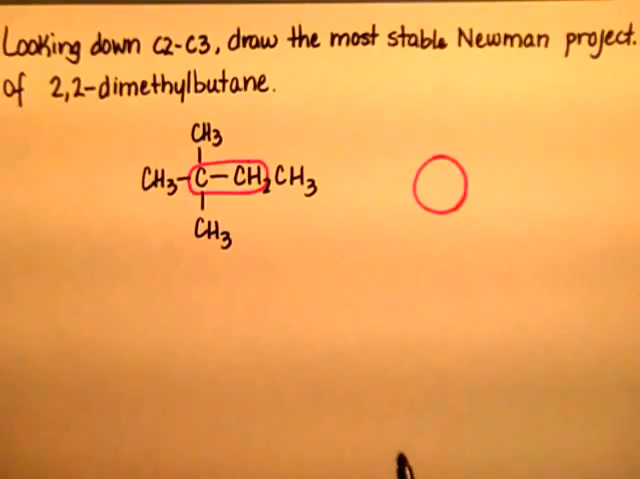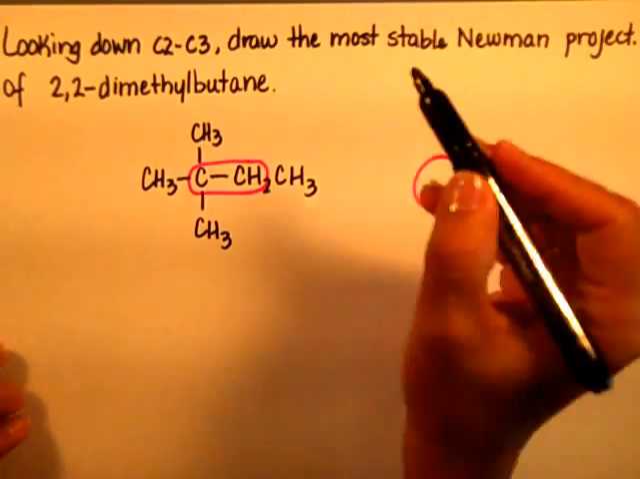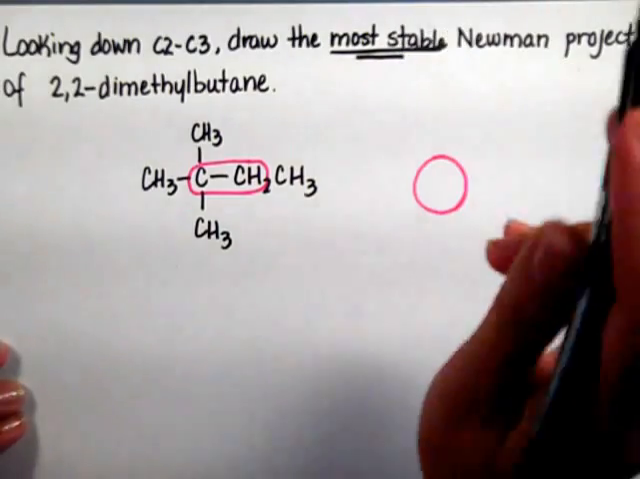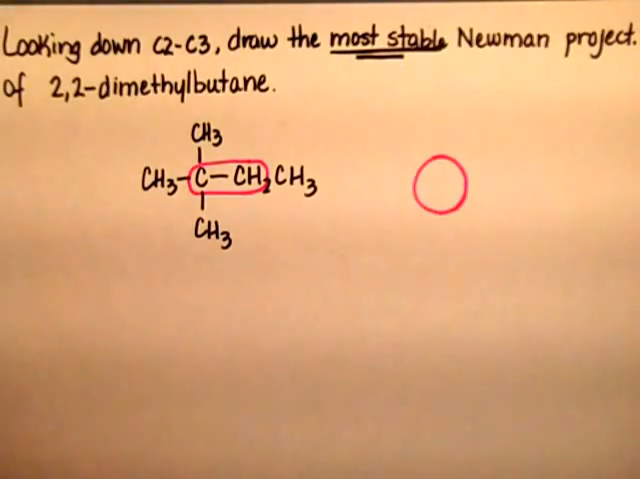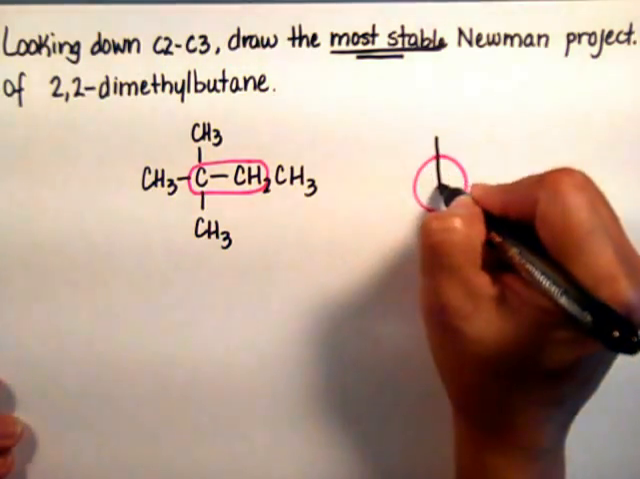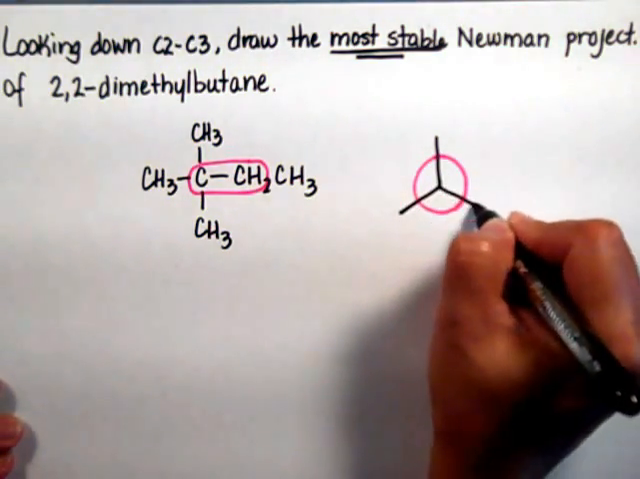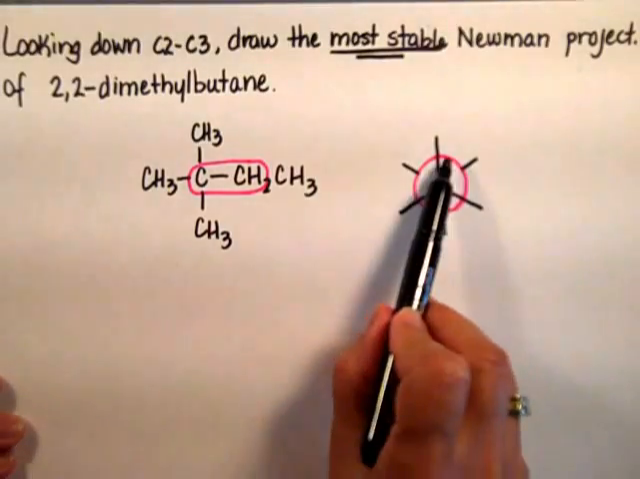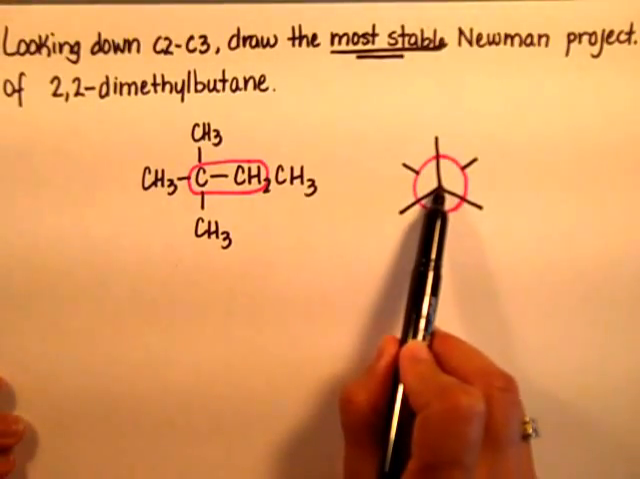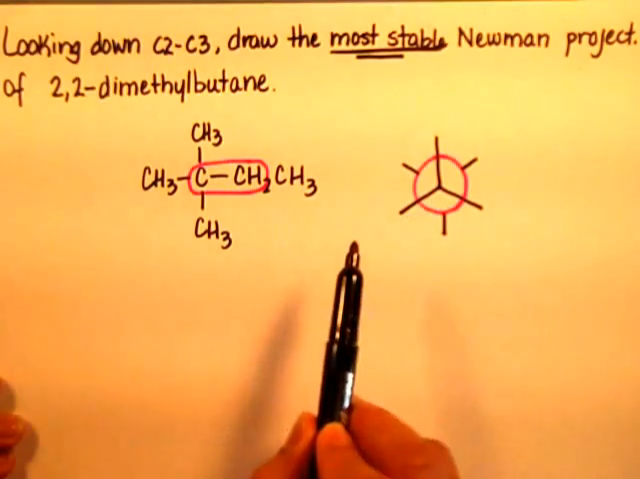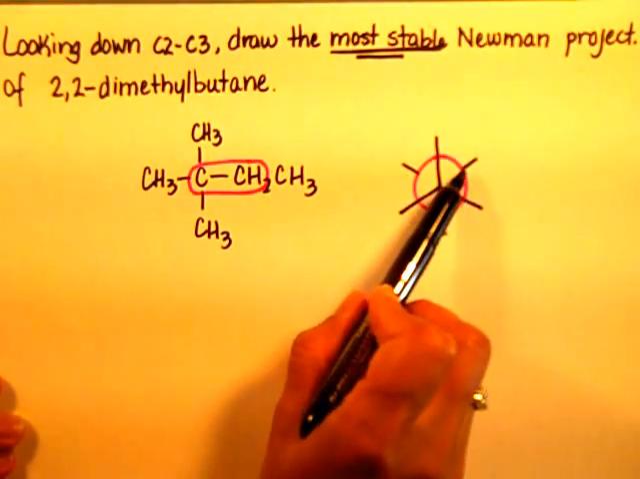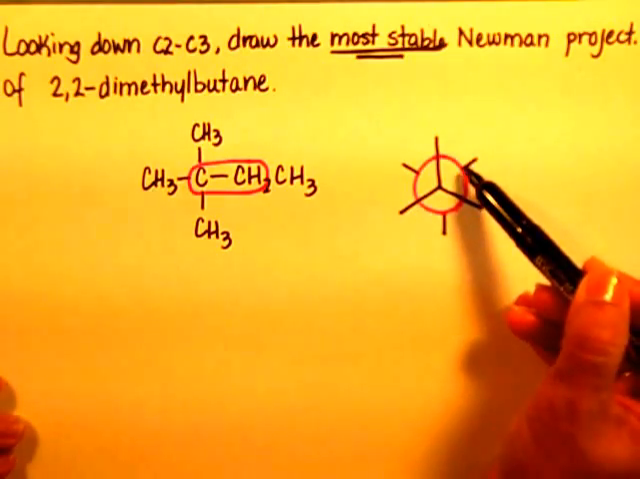They don't actually say anything about staggered or eclipsed, but they do say the most stable. So automatically, I know that the most stable conformation is going to be a staggered conformation. So I'm going to put my lines staggered right here. Remember that whatever is attached to the front carbon, those substituents start in the middle of the circle. The substituents attached to the back carbon are on the lines that start on the very edge of the